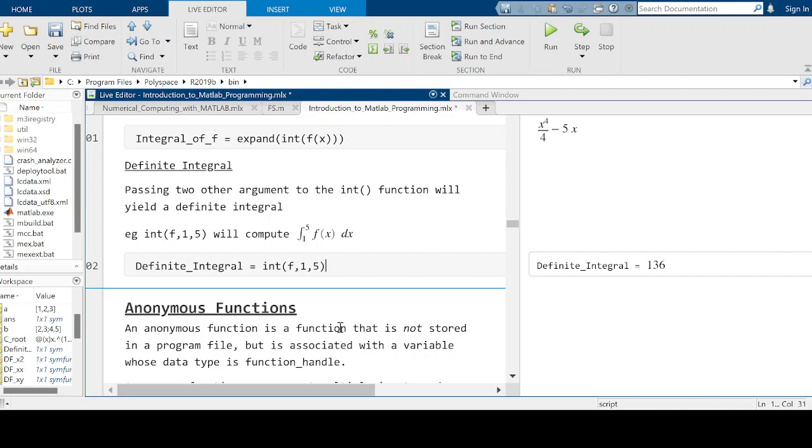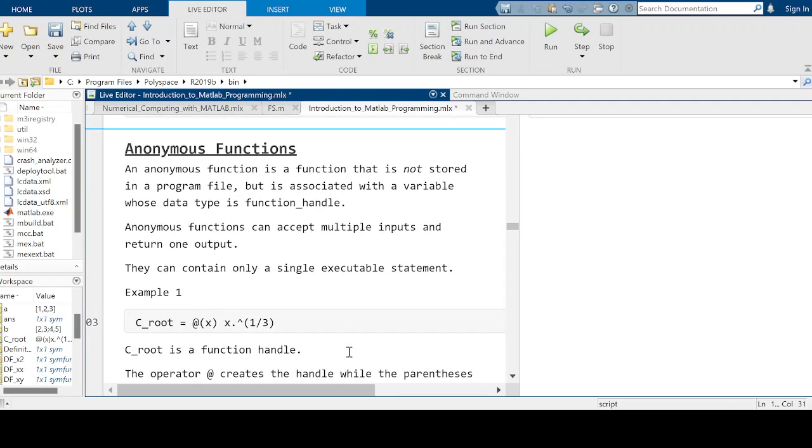An anonymous function is a function that is not stored in the program file, but is associated with a variable whose data type is a function header. Anonymous functions can accept multiple inputs and return one output. They can contain only a single executable statement. For example, we can write the cube root. If we want to find the cube root, we can create a function called croot. It's equal to,